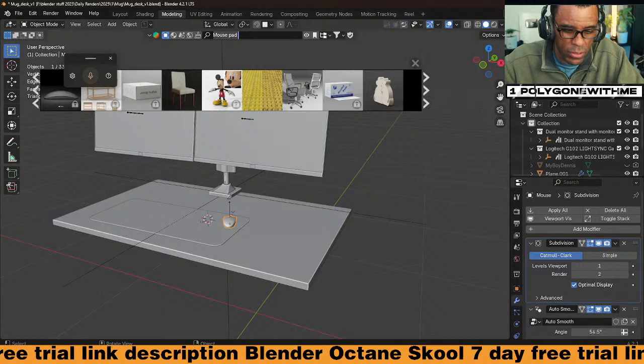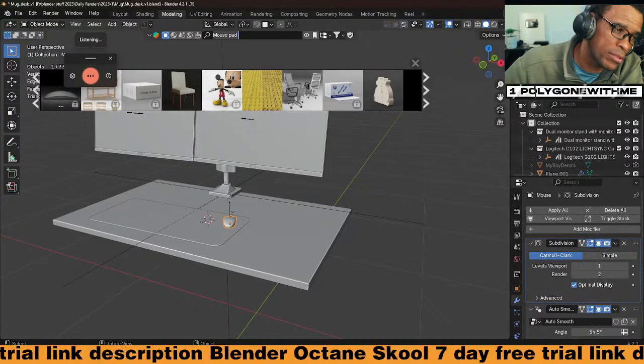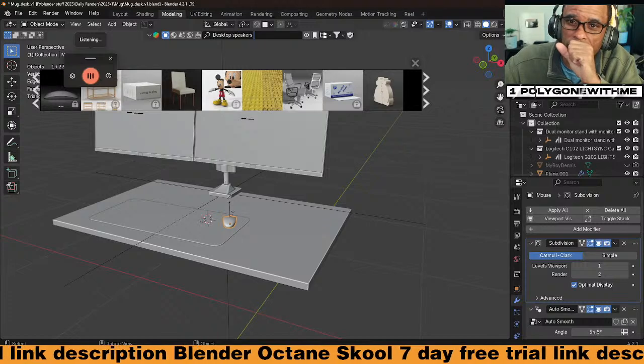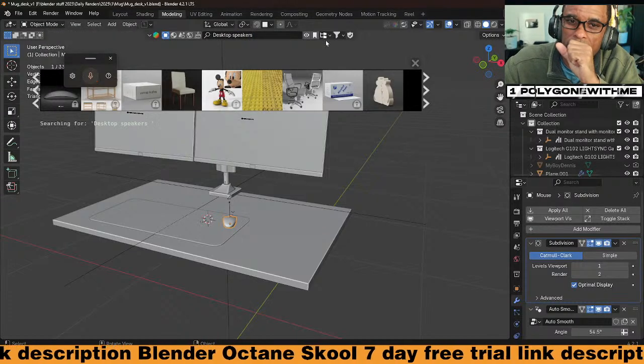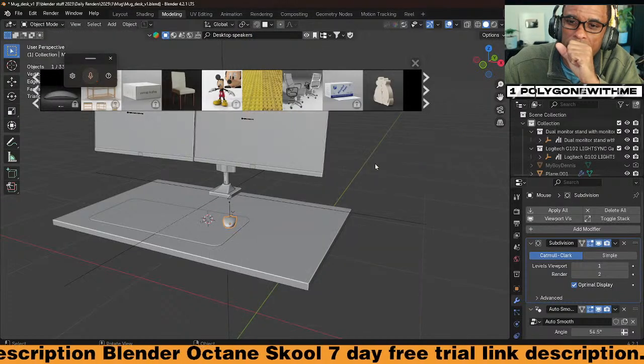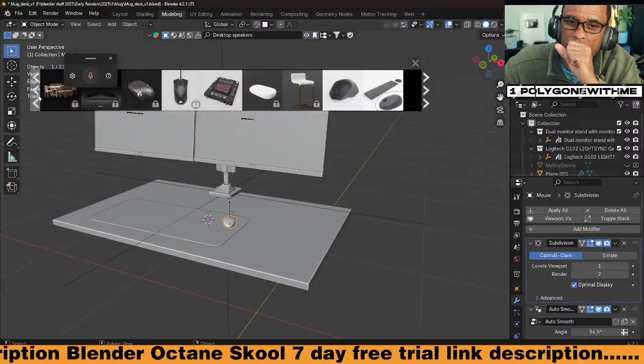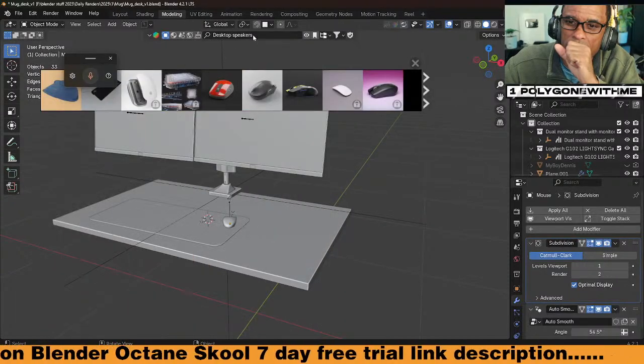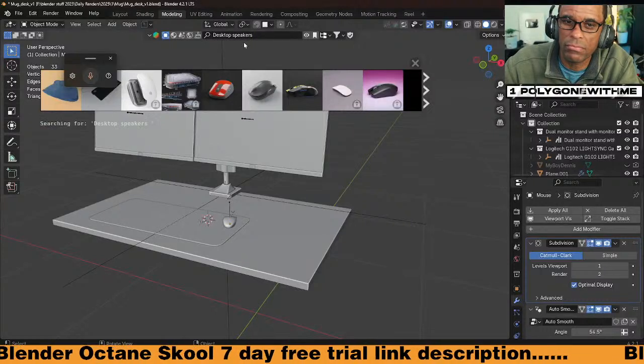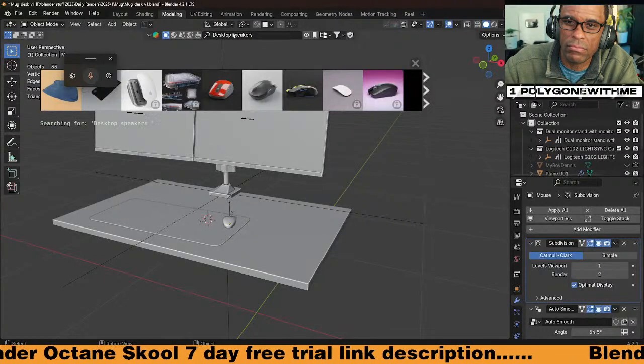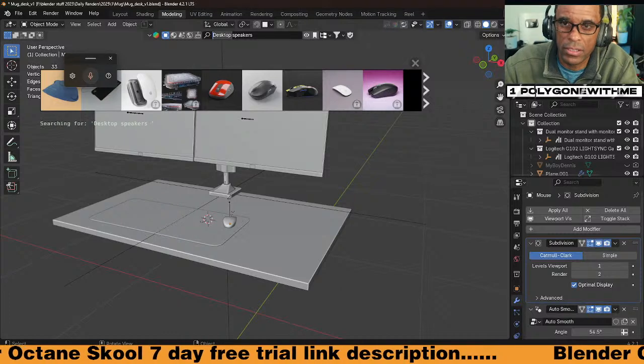Let's see if we can do desktop speakers. Okay, let's see, just speakers.